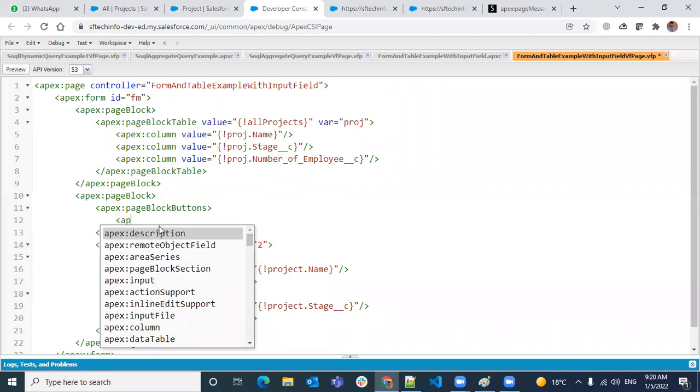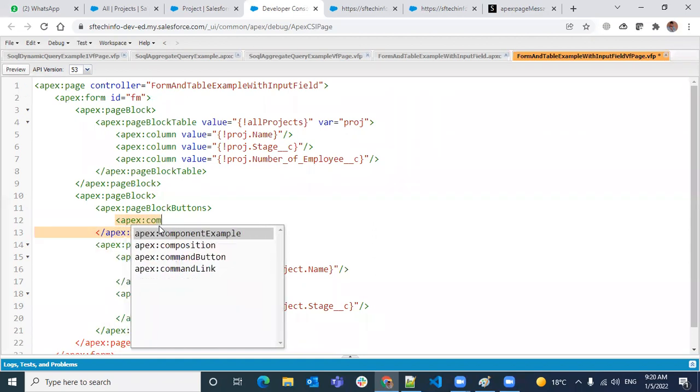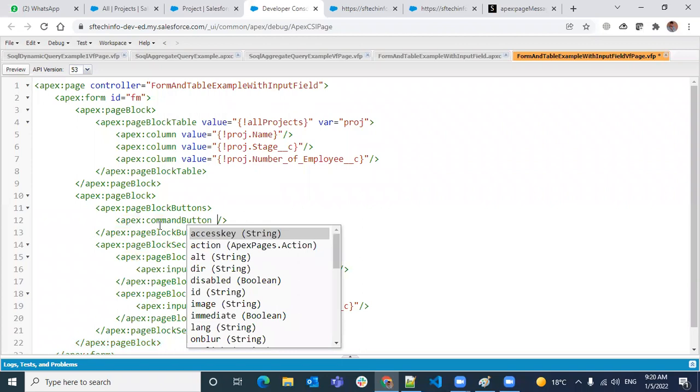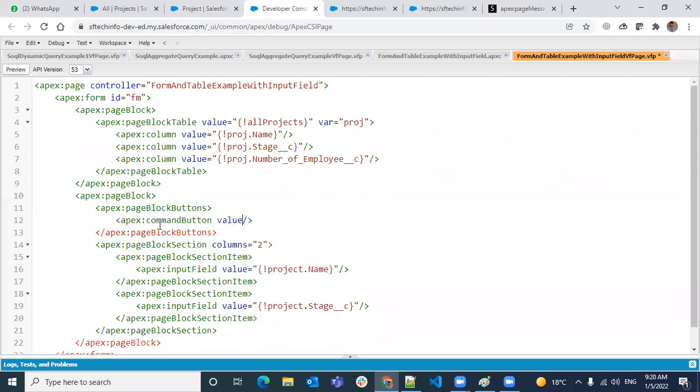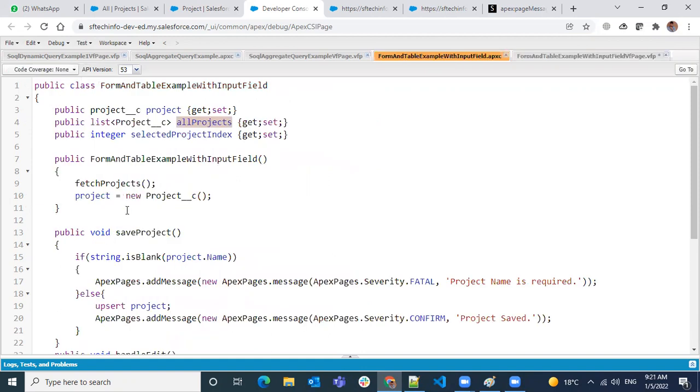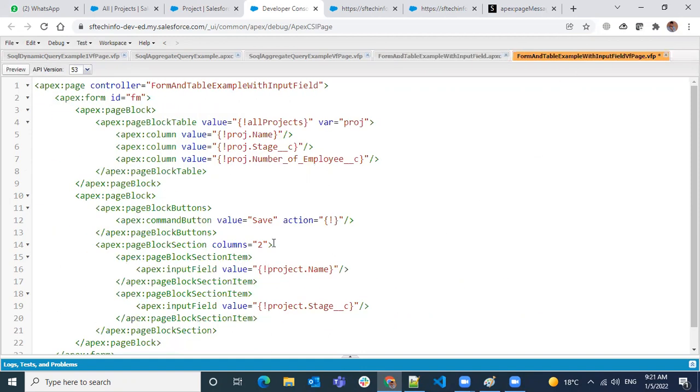So Apex command button, value equal to, sorry, save, and action is going to be save project,